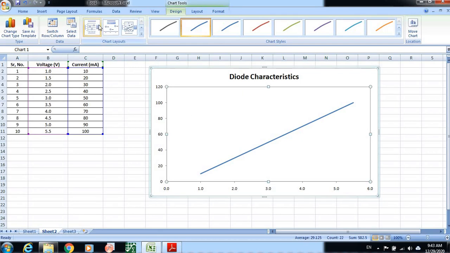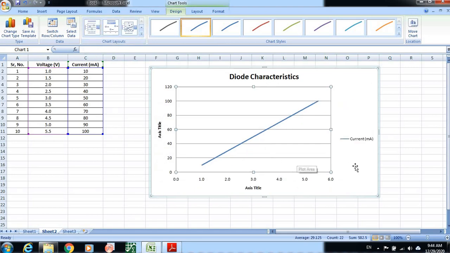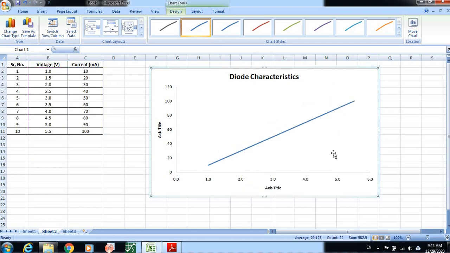We can change the graph titles etc. over here, in the layout. Just click on the layout and we get the layout like this. Here again, delete this line, and delete this line. You can write down what is here. Suppose this is the voltage, so you can put voltage in V, and double click on this so it will automatically display. And suppose that is the current, so write current in milliampere.